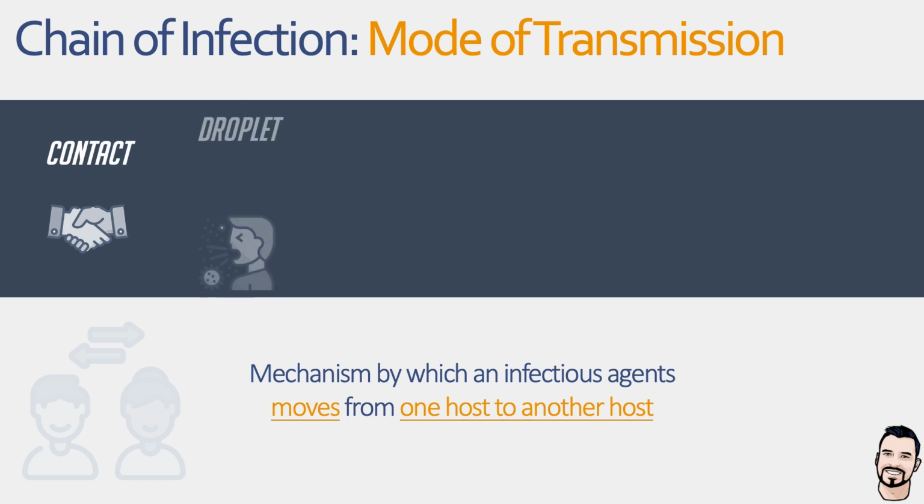Next, we have droplet transmission, which involves short-range respiratory spread, and so this occurs when people cough, sneeze or talk, and droplets containing the infectious agent are released, and they typically travel short distances, so around 1 to 2 meters. Now, pathogens transmitted this way include things like the influenza virus and SARS coronavirus 2, as well as bacteria such